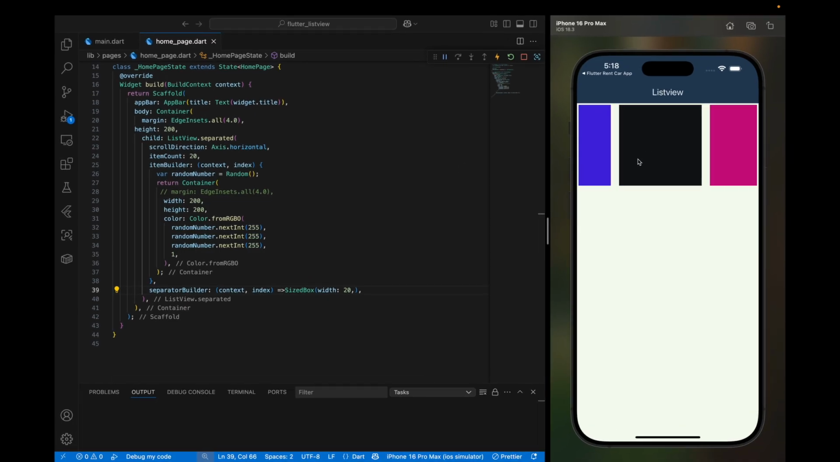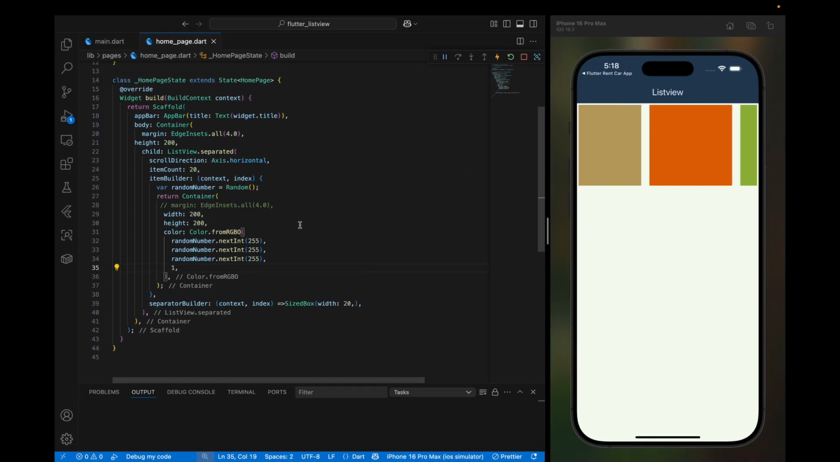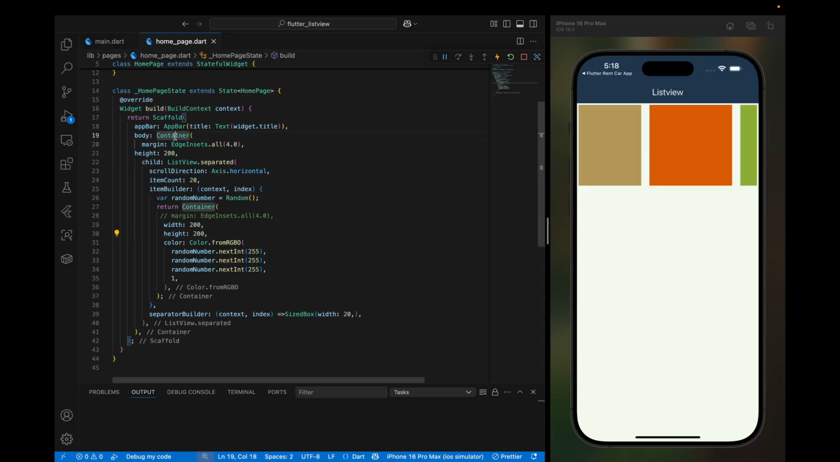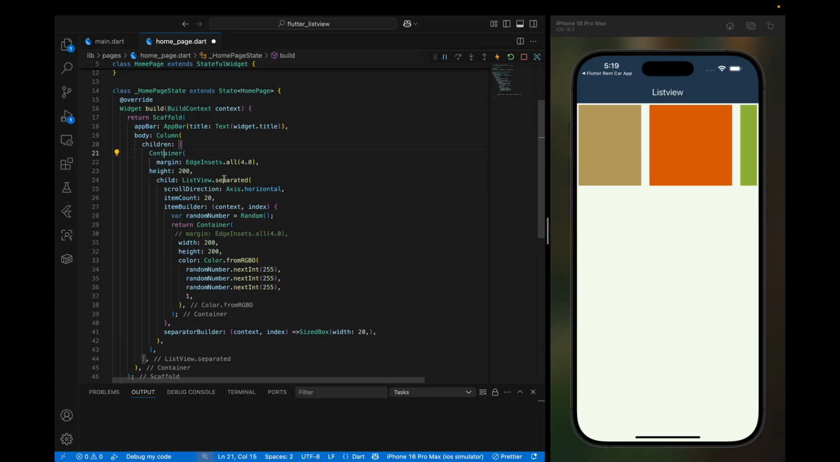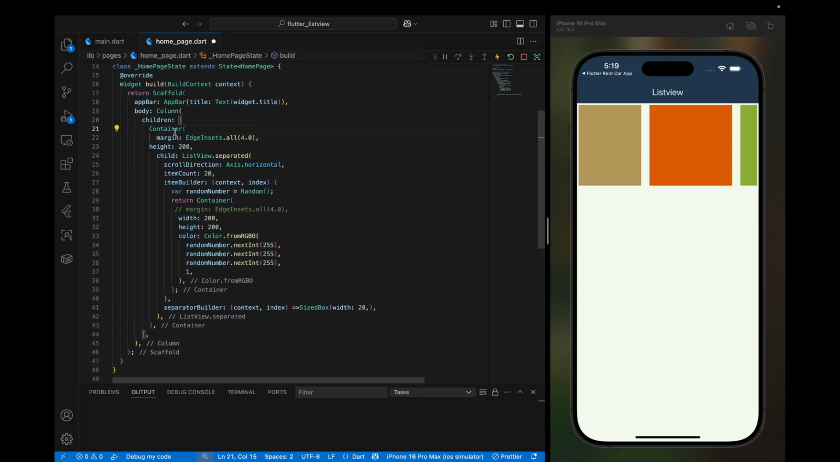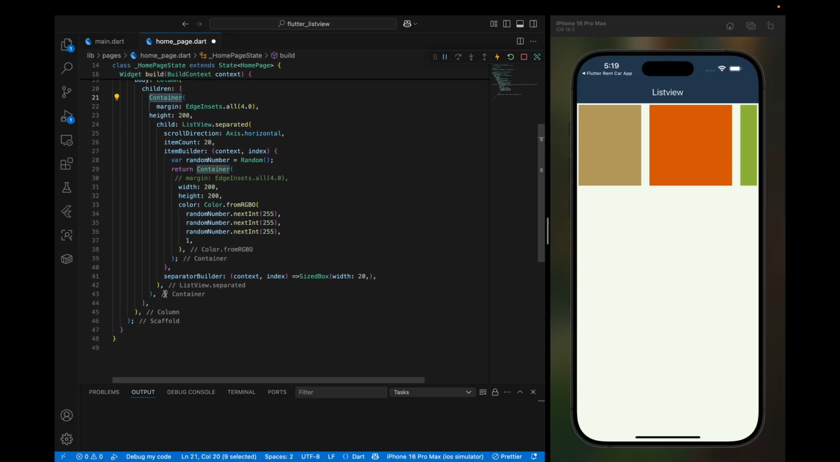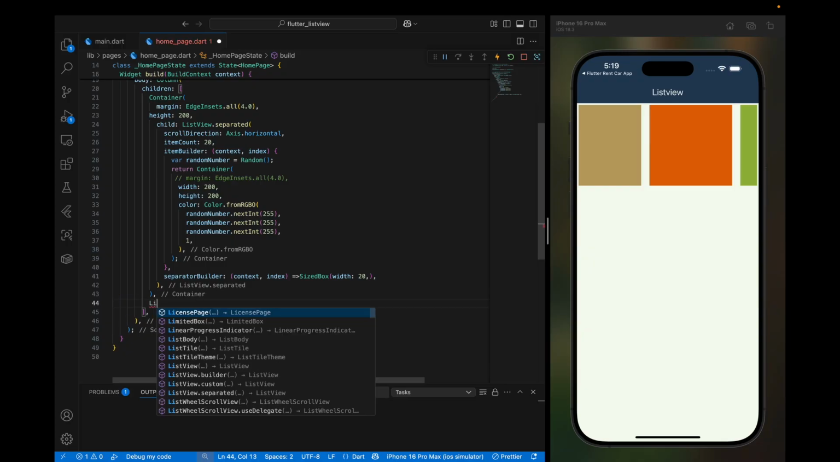So now you have your horizontal list view and also a vertical list view. You also learned how to use the default named constructor, the builder named constructor, and now the separated named constructor. Now I want to show you one problem you will find when you are working with a list view widget inside of a column widget. For that, let's wrap our container widget right here with a column widget. And now after this container widget, let's call our list view widget,